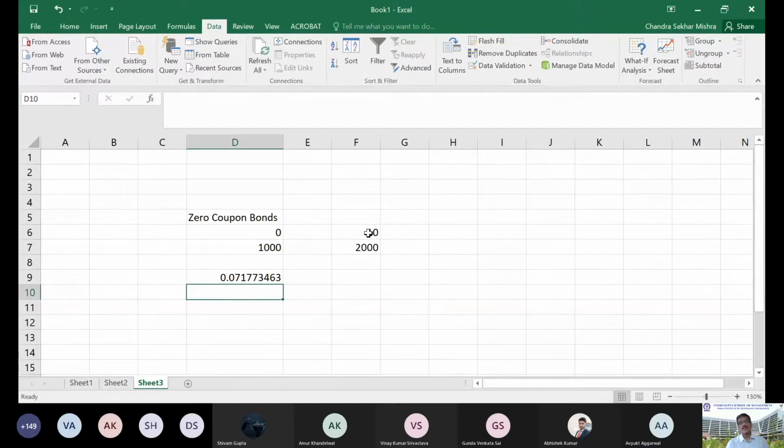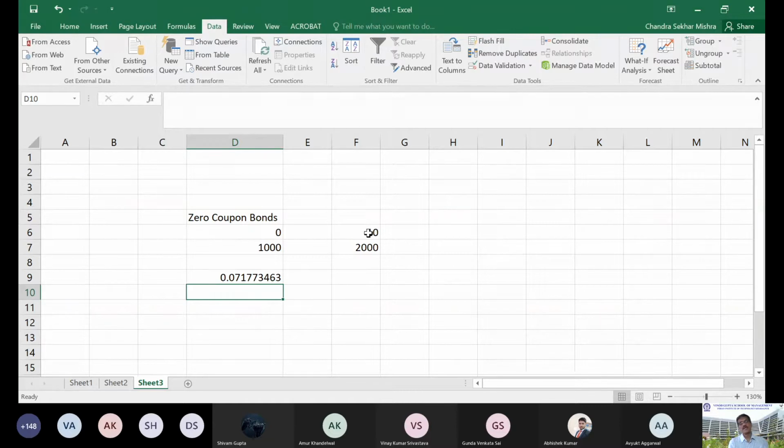Okay. Now what is happening? You are getting how much interest in your hand? Actually, the effective interest is 7.18%, correct? Suppose somebody gives you, okay, you take 1,000 rupees, and you take the interest every year at 7.17%. So there is one option. Two investors go for one option each.